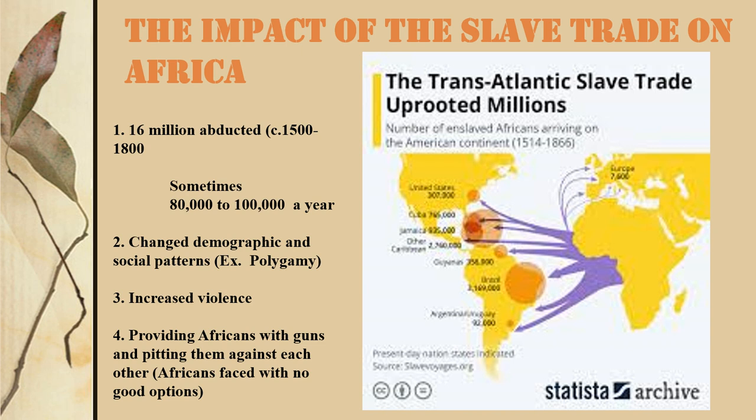And if the deal was struck, the African group in one particular area would use the guns to go and capture people at the point of a gun and force them back. But they of course would go to another tribe or another group in order to get slaves. They wouldn't take them, of course, from their own group. So it pitted one village, one group, one tribe against another, and it faced African